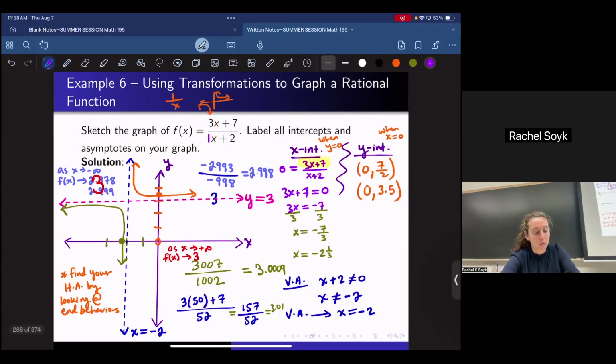So you have 3 divided by 1 equals horizontal asymptote. And then you're done. So that's the easy way to go about it. Works every time. Once you get to calculus, you'll be dealing with like 5x squared divided by 2x, and then